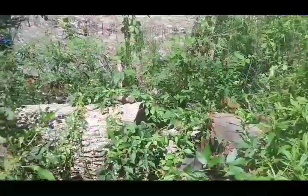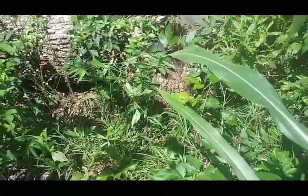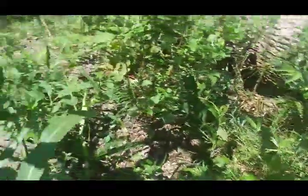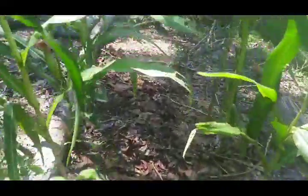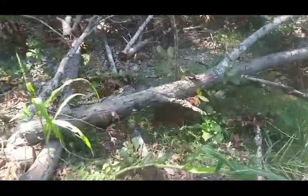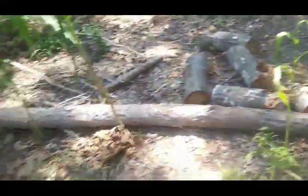So this whole area right here is full of passion fruit. And then the children told me, oh, we've seen those leaves everywhere. We went for a little walk, looked at the areas. We have passion fruit everywhere. So we have passion fruit all over our property. So that's one thing, if you are in this area or wherever area you buy in, I didn't know that. So when I was clearing my areas out,